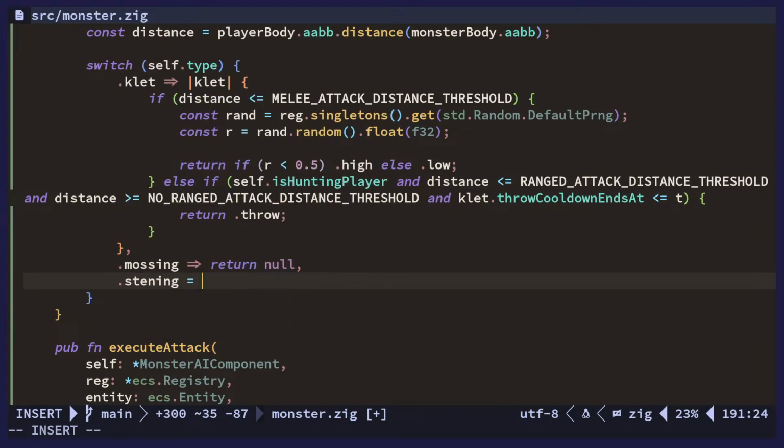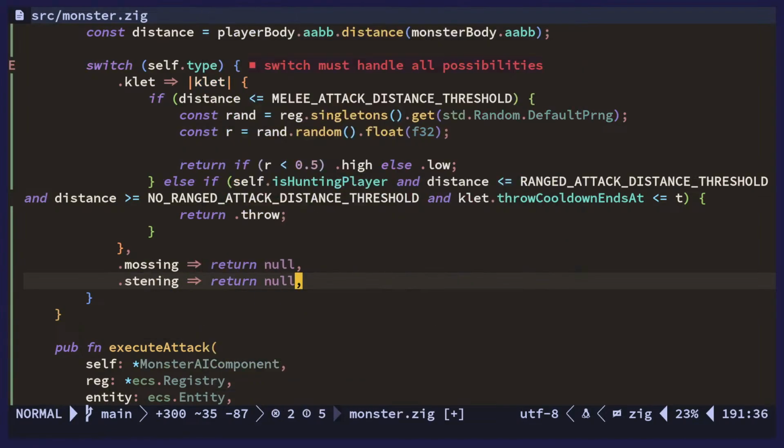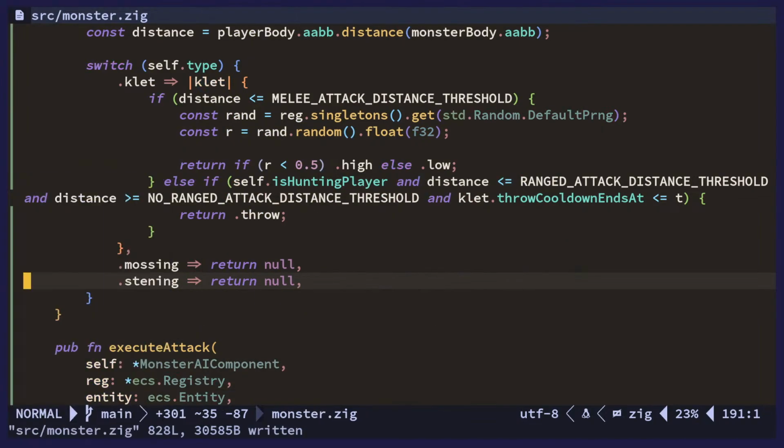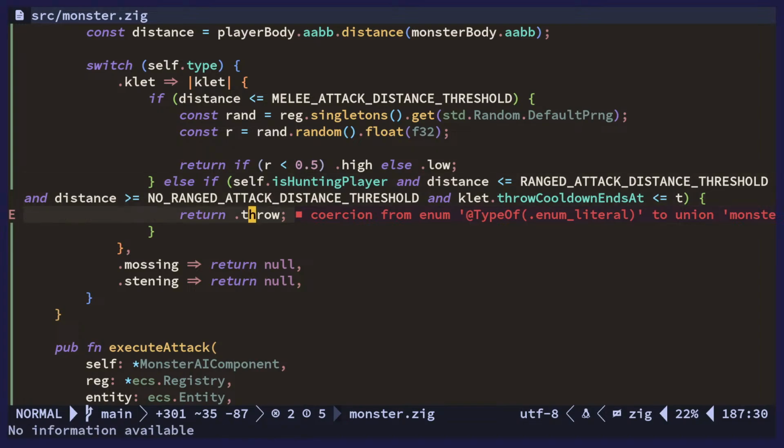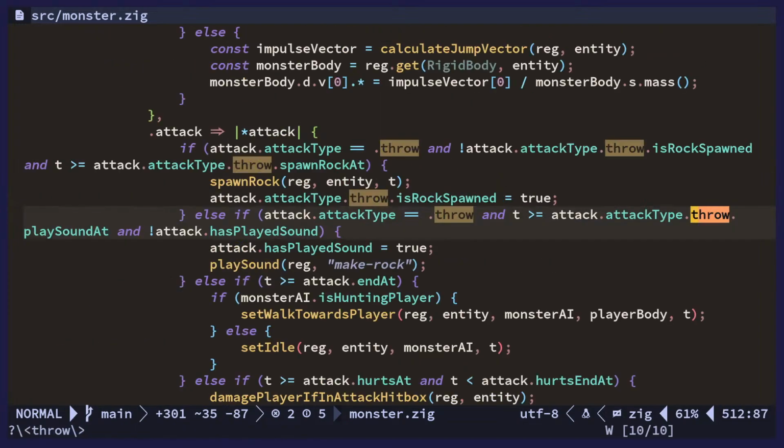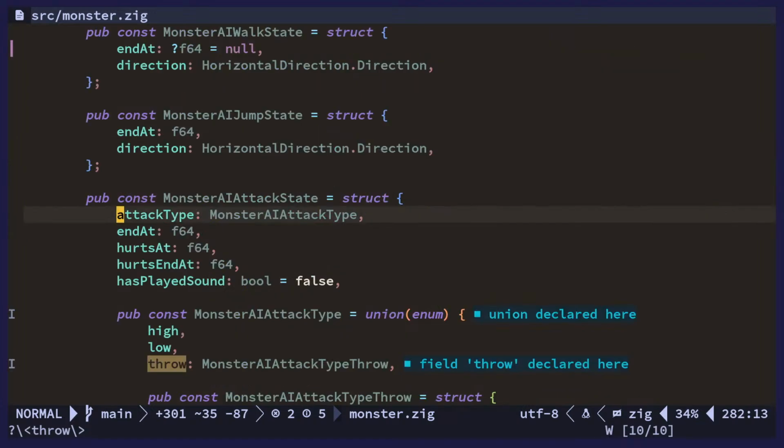And steering, we will return null for now, but we can fix that later. Okay, so throw, is that not an attack? It is,